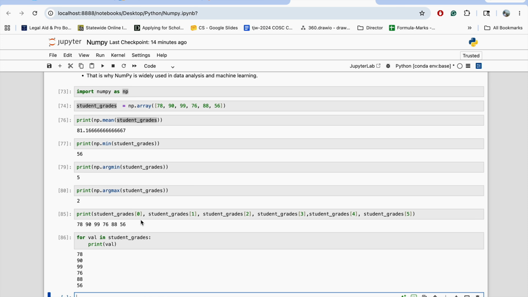Why? Because there's a pattern there. You see 0, 1, 2, 3, 4, and 5. That's a pattern, and that means the step is 1. So you can easily extract values